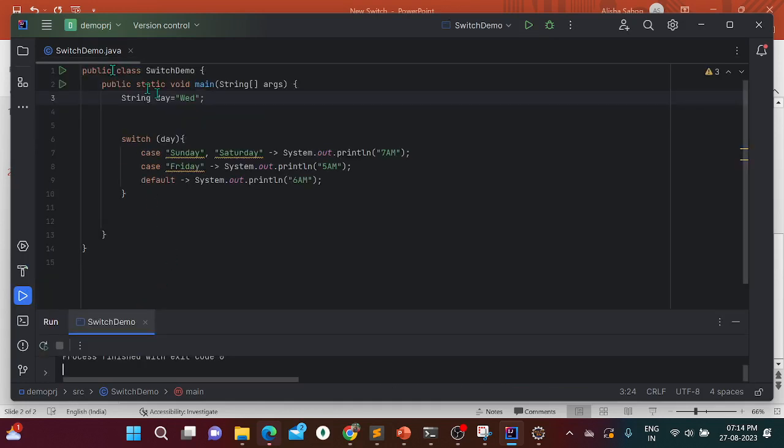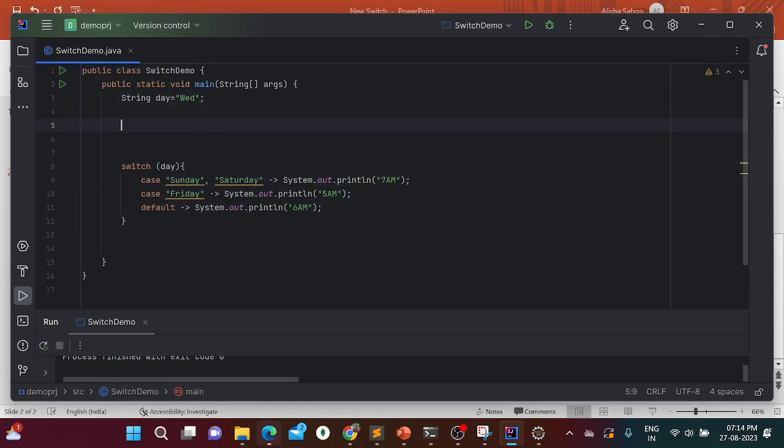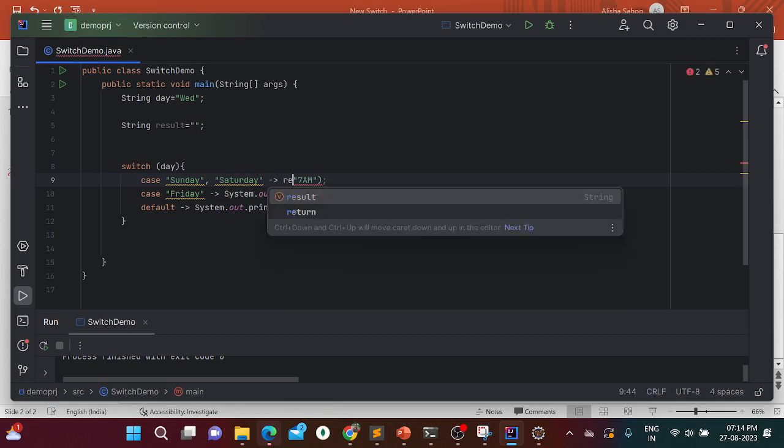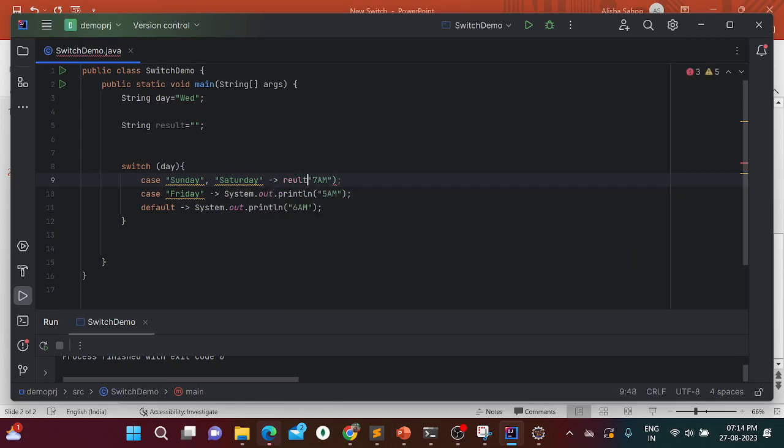For another day, we will get default, 6 a.m. With this arrow, we can even declare this switch as an expression. We can return a value like this. Suppose I take a variable, String result, and initialize it to null or blank. And I will assign here result equal to